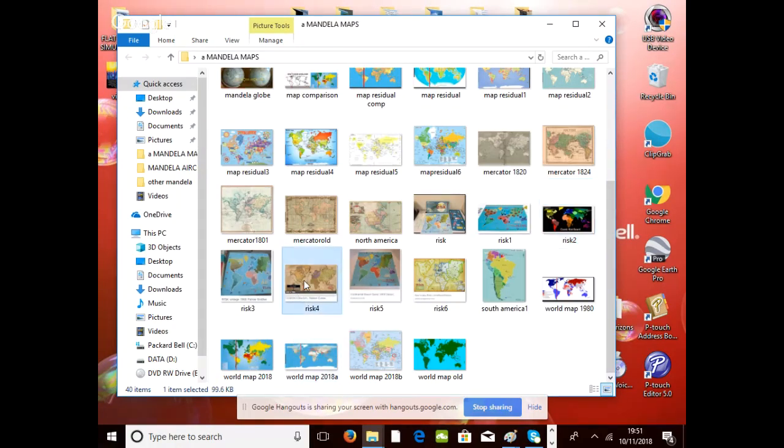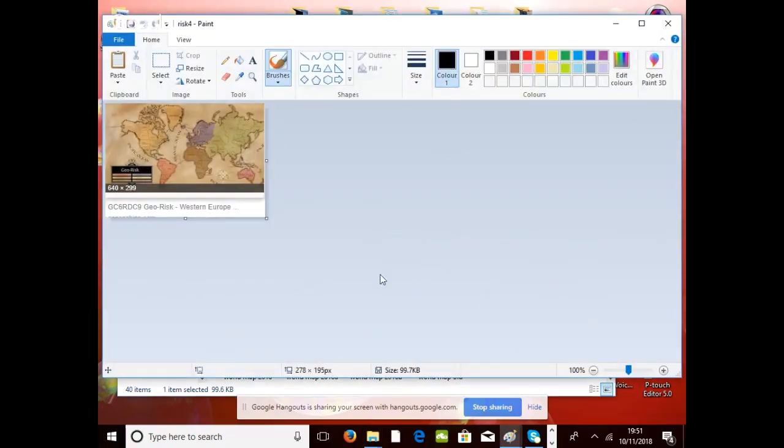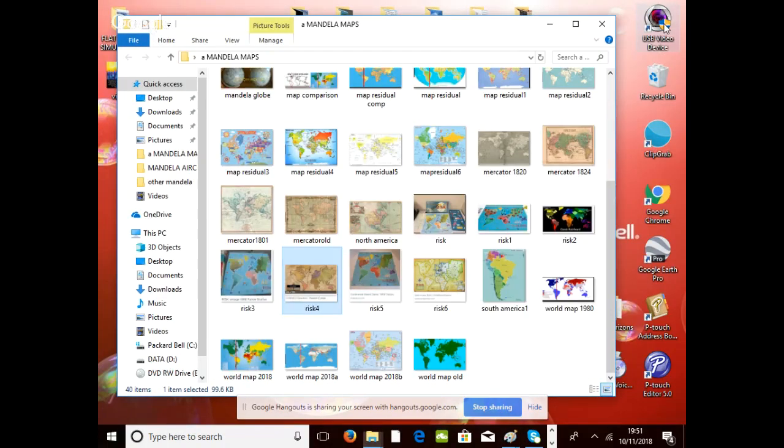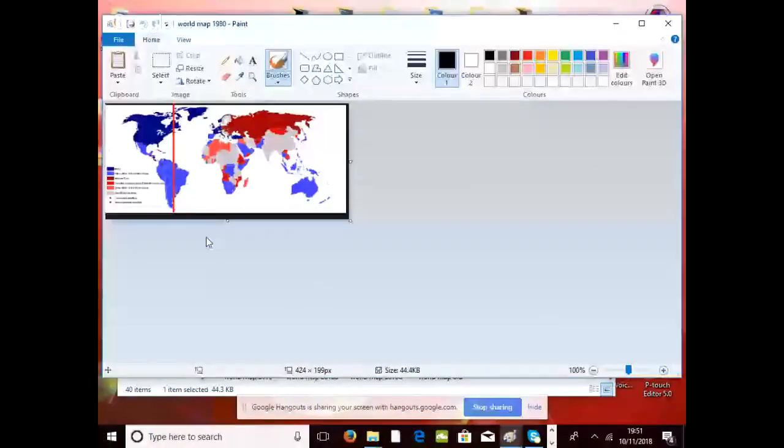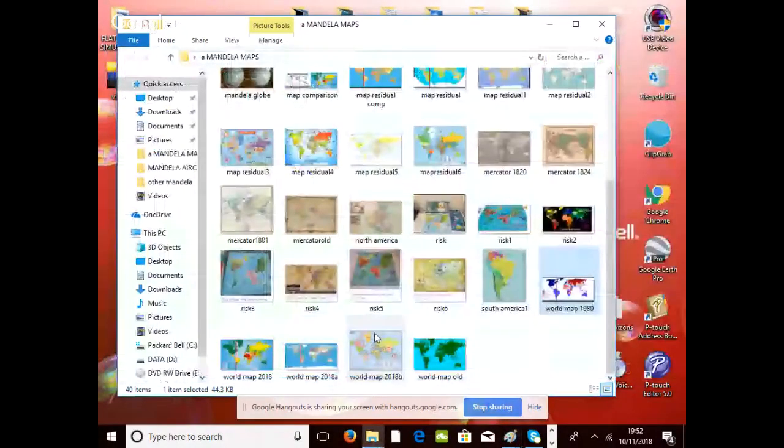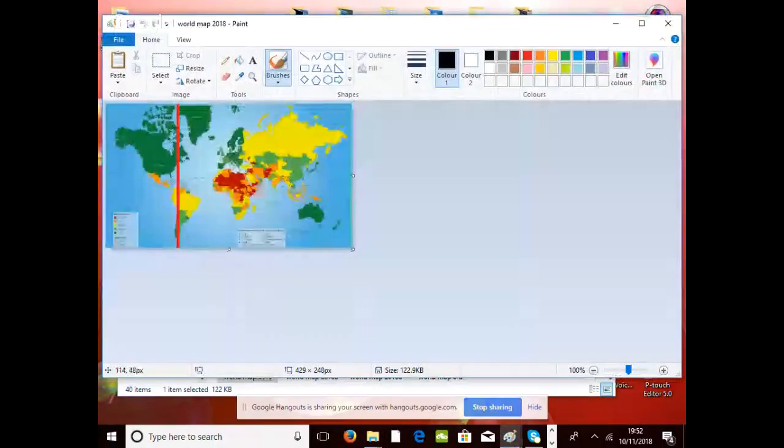Look at that. Click on that World Map 1980 one. Wow, look how different that one is. Okay, World Map 1980. There you go. Yeah, so there you've got the tip of South America. If you draw a line straight up, it's maybe 1,000 miles to the east, more about 2,000 miles to the east of Greenland, and yet on this 2018 map, it's right on the edge of Greenland.